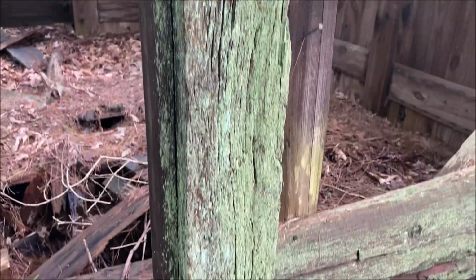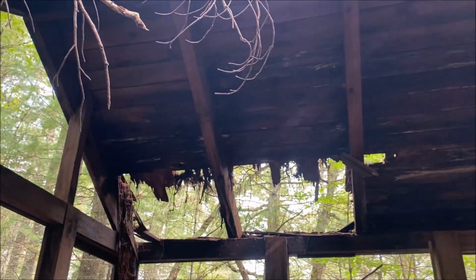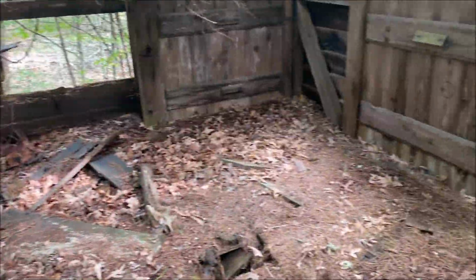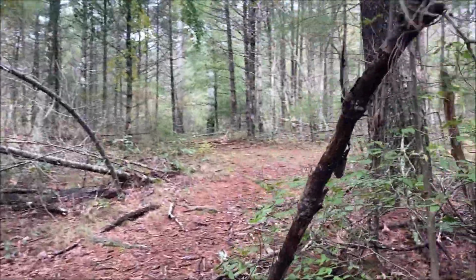Look at all of that lichen. And this is the interior, a lot of rotting, decayed wood. The roof, of course, pretty collapsed in, but not the worst we've seen today. Really cool. So there's a few over here, although I think I'm actually gonna make a quick detour because I